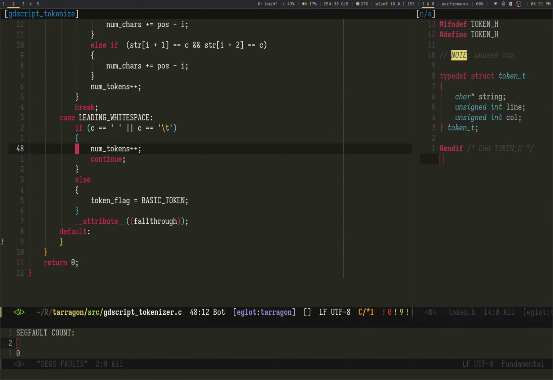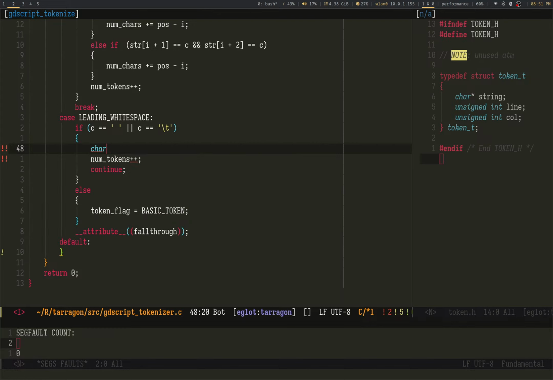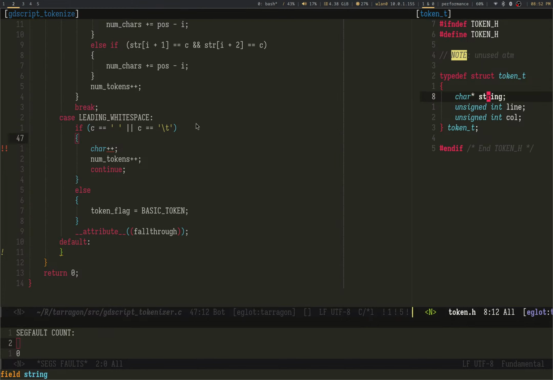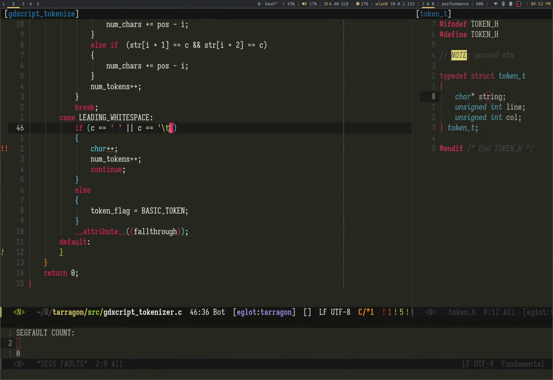The thing about leading whitespace is I think I only need to denote leading whitespace in the actual token T. I just need 2 characters. Yeah, wow.